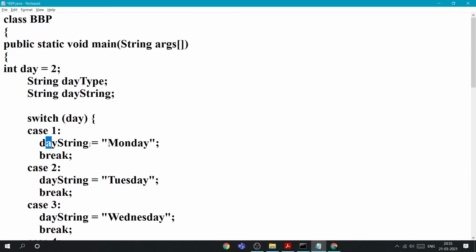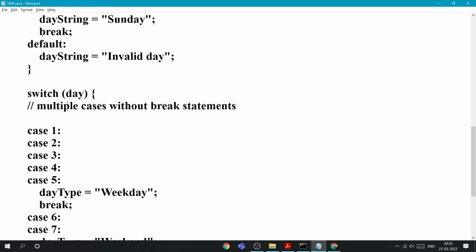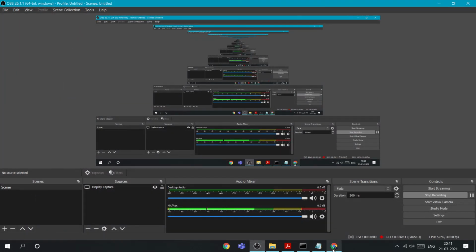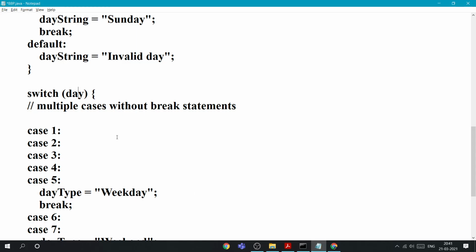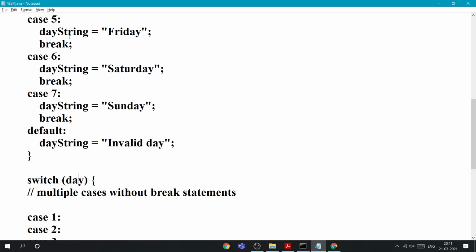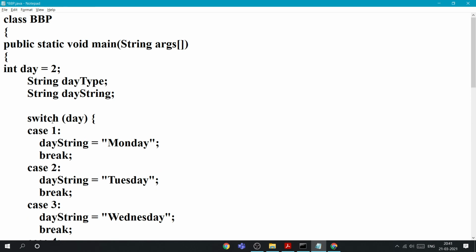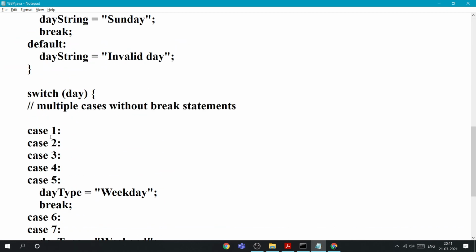So case 1 sets dayString to Monday and break, Tuesday, like that. If you choose 2, it will go to this case and then come to the next switch. Here also we have mentioned day, right? So the day 2 will be taken by this switch and also by that switch.